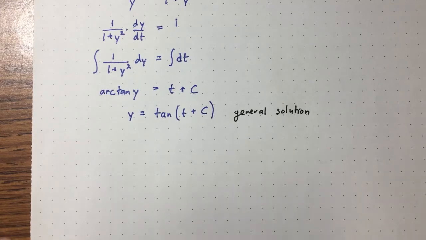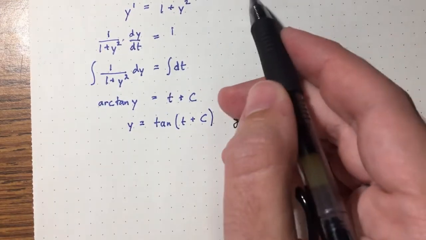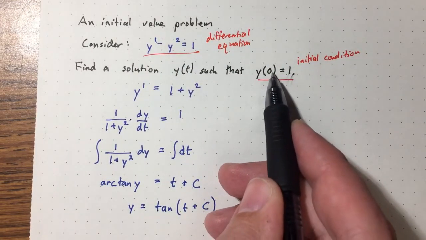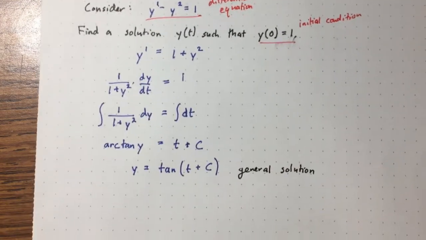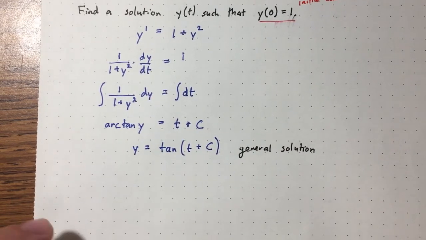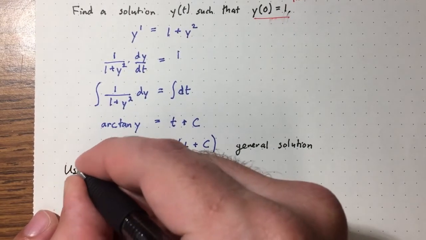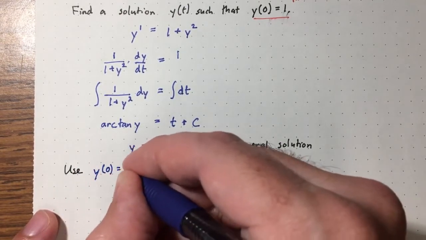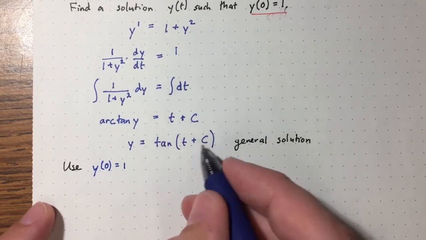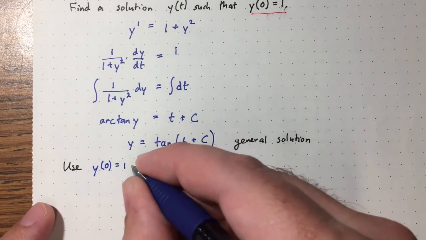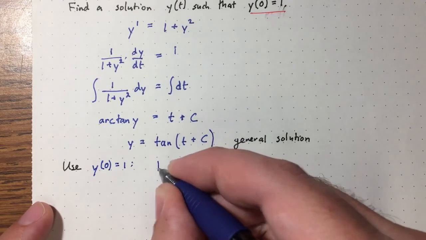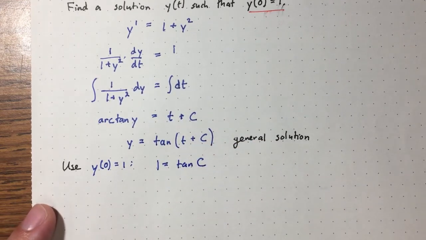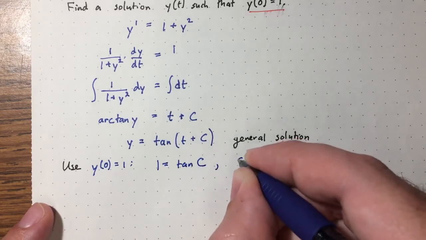Oh, but we're not done yet, right? We just want the specific solution that passes through the point 0, 1. Well, how do we do that? That's not difficult. We use the fact that y of 0 equals 1, and then plug in these numbers and see what the c has to be. So we get 1 equals the tangent of 0 plus c. So 1 equals the tangent of c, which means that c has to equal